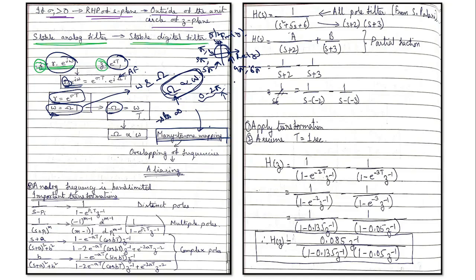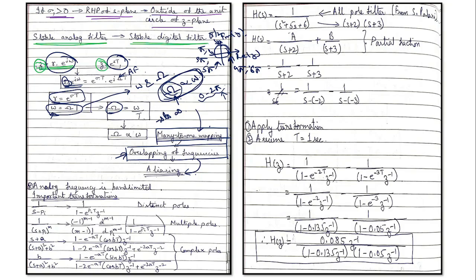So you can see, even though we would be increasing the analog frequencies, we would be rotating in the digital plane on the same points, and this creates the condition of this many to one mapping. And when such a condition appears, there is this overlapping of the frequencies, and this overlapping of frequencies is nothing but your aliasing of the signal components. Okay.